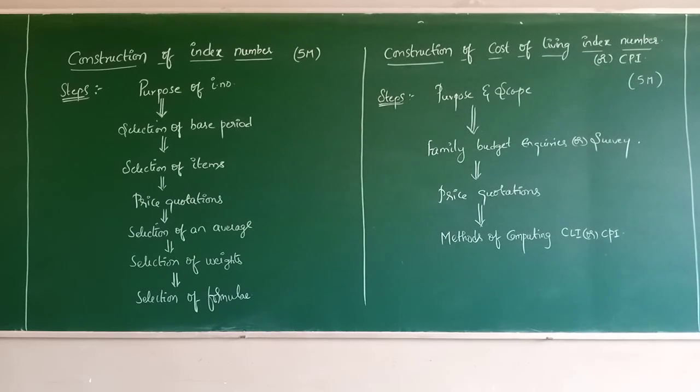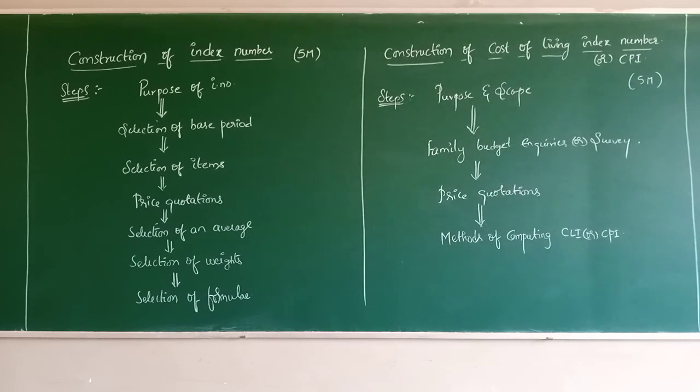First point, index numbers are specialized types of averages, you all know that. Second, index numbers are expressed as ratios, but just for comparison purposes we express them in terms of percentages. After finding the ratio we express it in percentages. That is the reason every method has been multiplied by 100, except finding those averages. Clear? The third one is, index numbers study the effect of factors that cannot be measured directly. So it studies the effects of factors, which cannot be measured directly, remember.